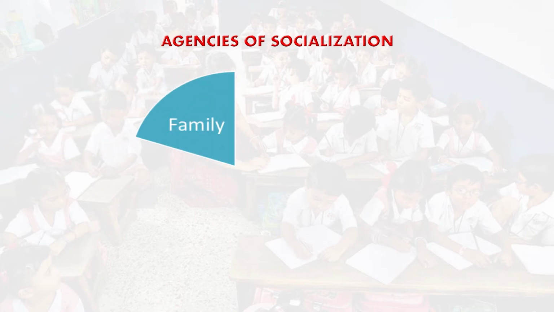Now let us proceed further to understand what are the different agencies that act for the socialization of the children. Friends, as you know, we are living in a society, we are living in a community, and in this society the other social subsystems include the family. Family is a small unit of the society, or family is also called a miniature of the society. That is why family acts as one of the very important agencies for the socialization of the children,